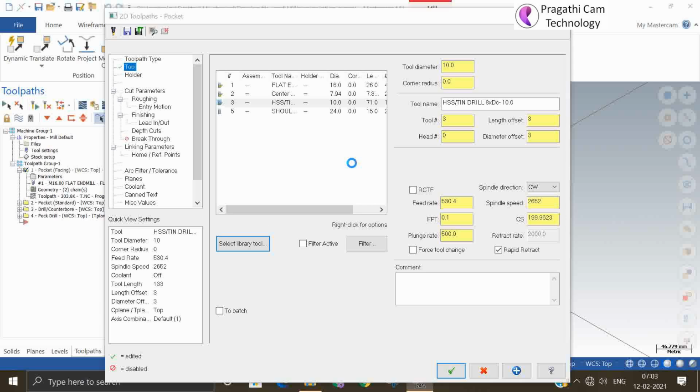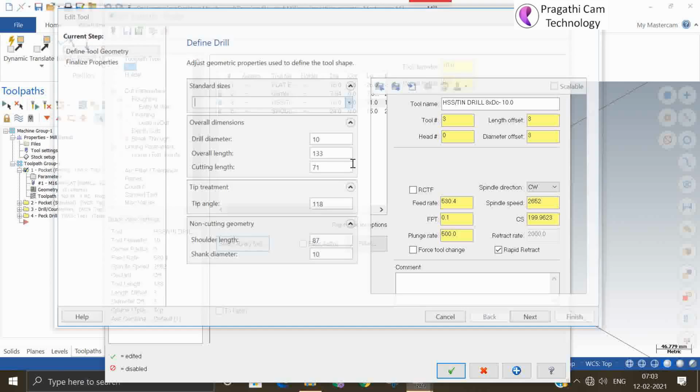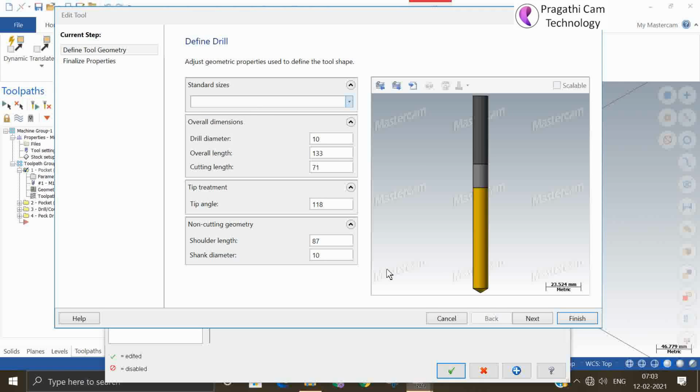So now we have seen how to select the standard tool, how to edit the existing tool, and how to make your tool library.